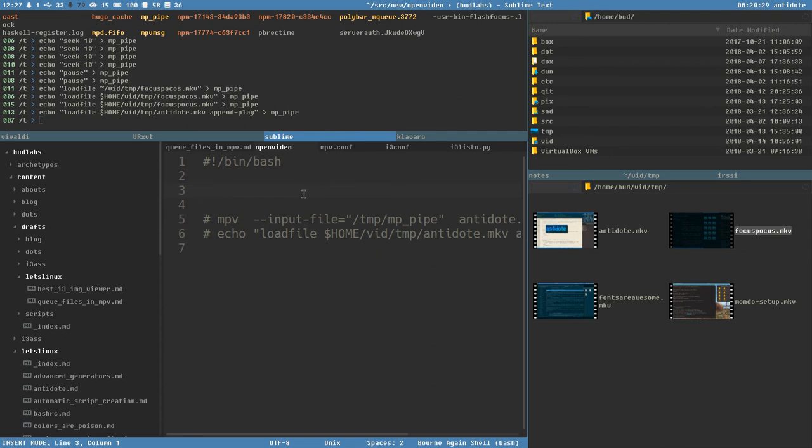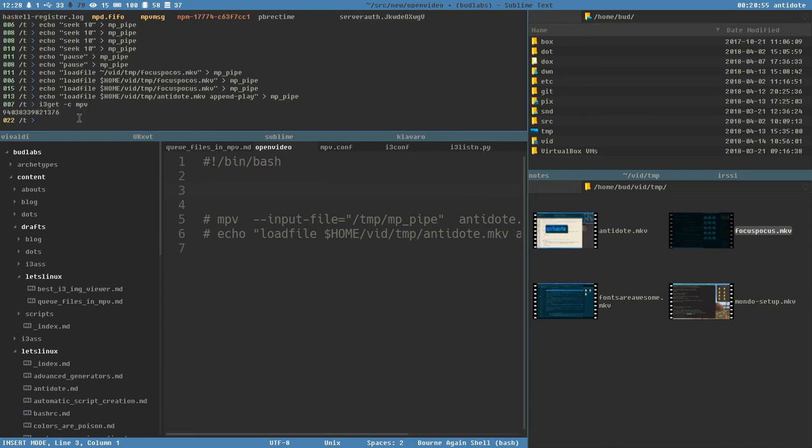First, we need to see if MPV is running or not. One way we could do this is to use my own script. You can find it in the i3as suite. I got it on GitHub. I have used it in many videos. And remember, MPV had the class name mpv with lowercase letters. If we run i3get -c for class and then mpv,